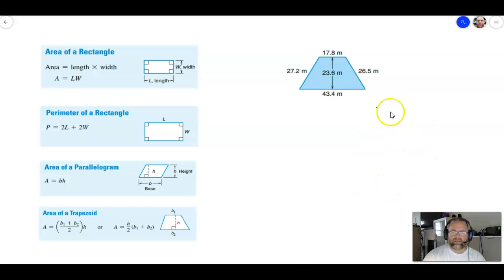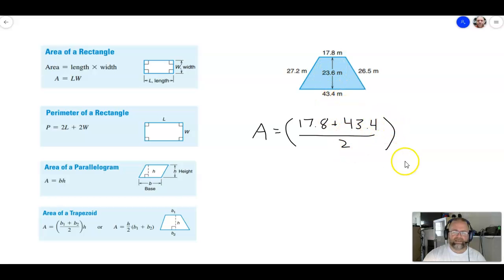All right, so putting this in the formula here, I'll use this first one for simplicity. So the area is equal to, I'm going to call it this B1 and that B2, 17.8 plus 43.4, divided by 2. Basically what you're doing is finding the average of the two bases, and then multiplying by the height. The height is the distance between the two bases, so that would be the 23.6 times